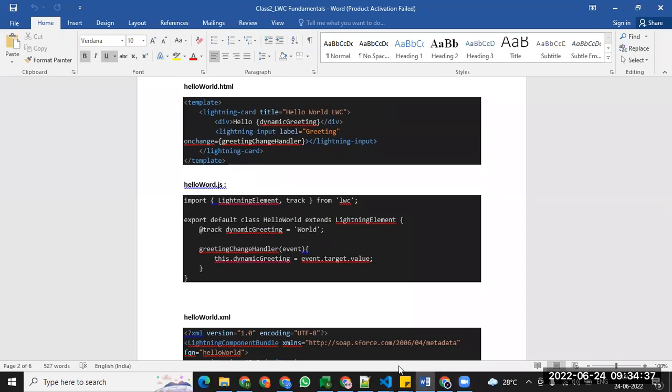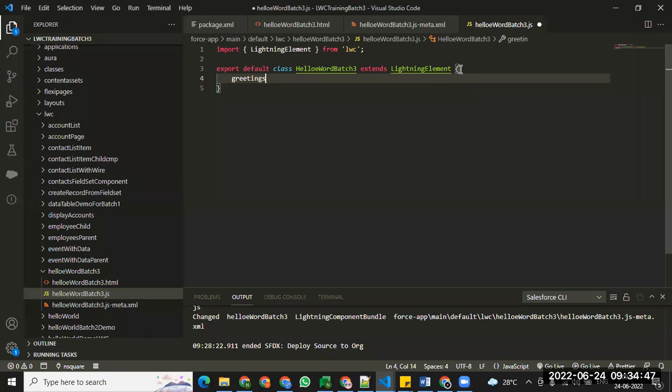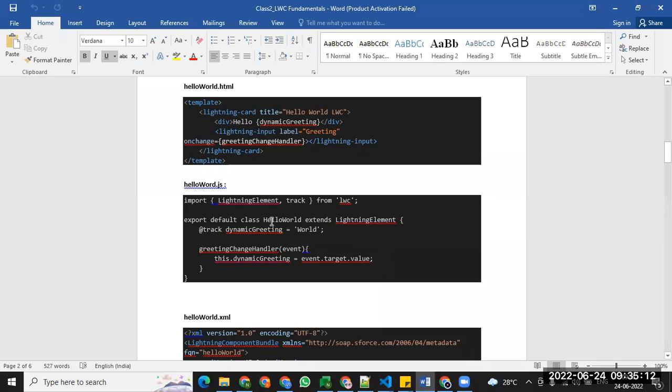So what I'll do is, first of all, I will take one variable, greetings, and I'll simply assign one value, good morning all. I will save this, and what we'll do is